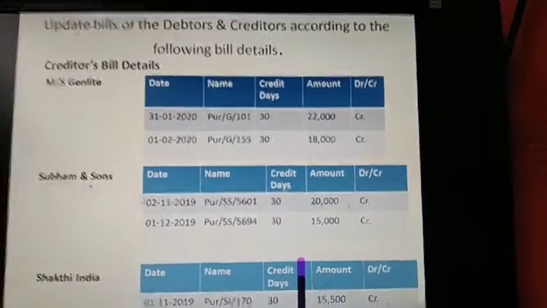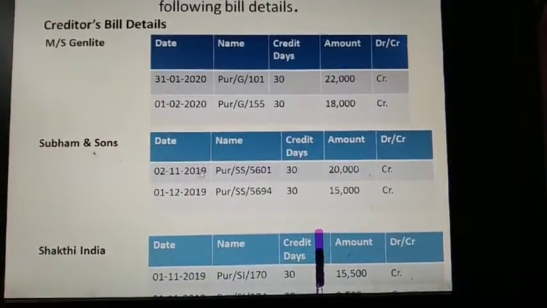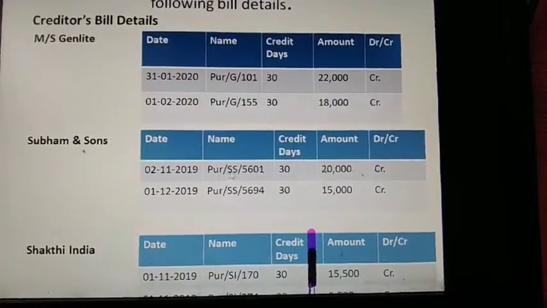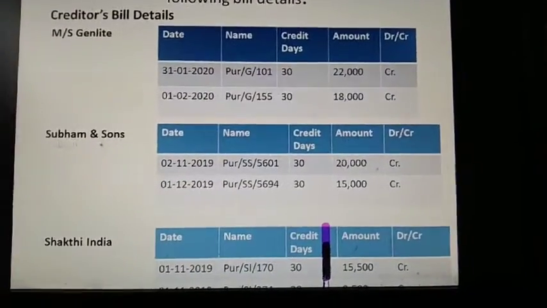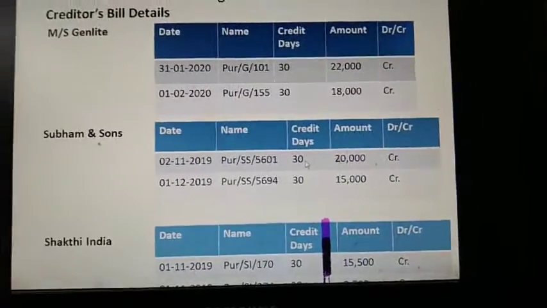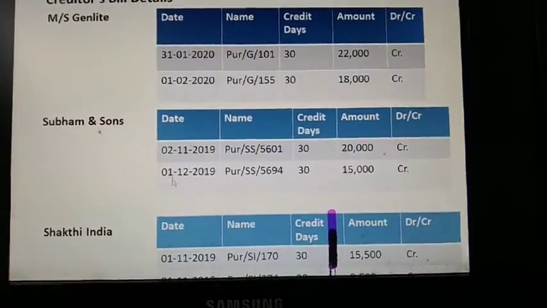Next is Shubham and Sons, their bill details. 2nd November, it's a bill date on 2nd November 2019, and this is a bill name SS. It's nothing but Shubham and Sons SS, and this is a bill number, and these are the credit days, and this amount 20,000 is pending of last year.